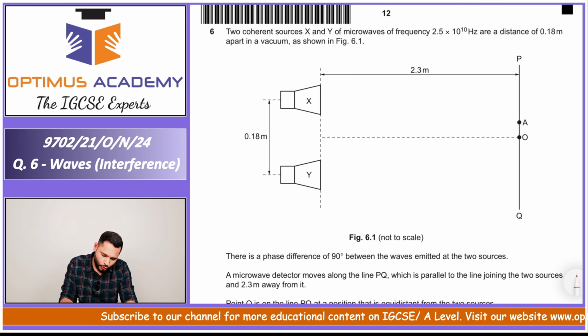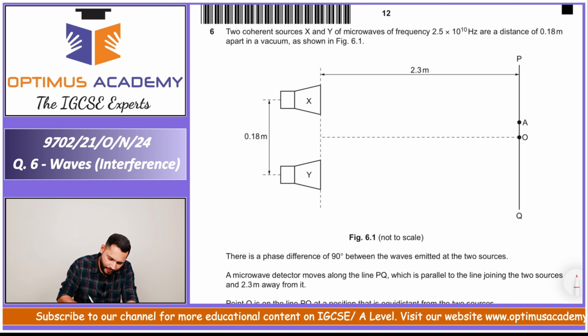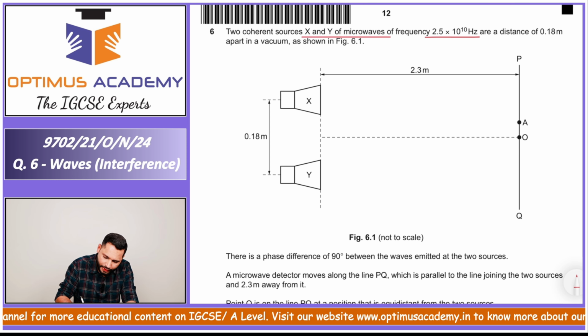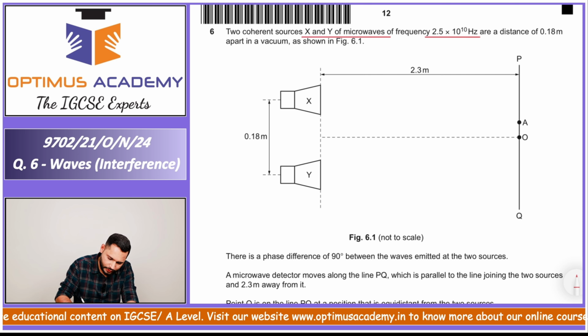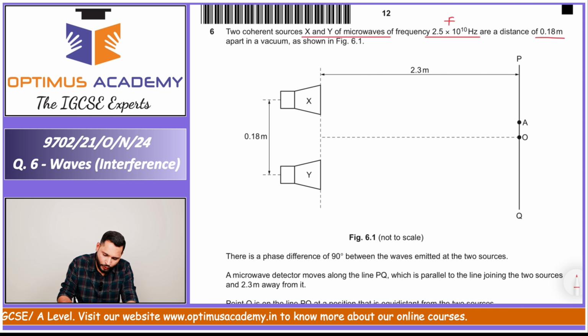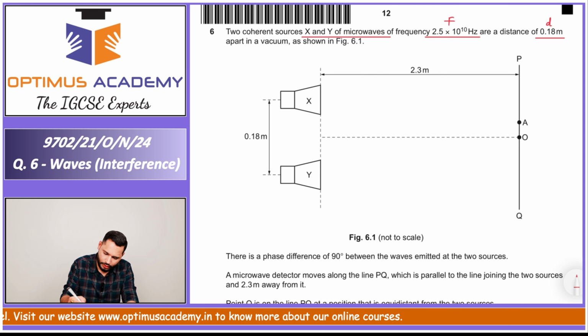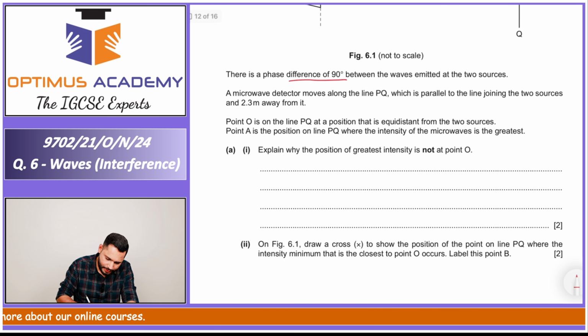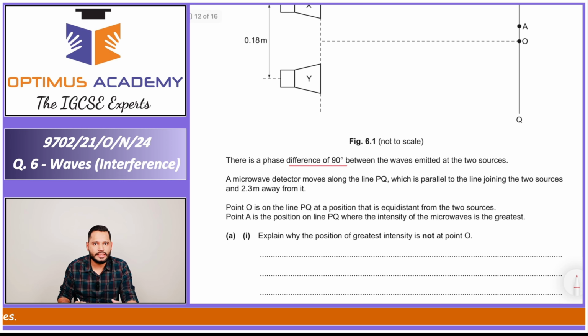They are saying 2 coherent sources X and Y of microwave of frequency 2.5 into 10 raised to 10 hertz are at distance of 0.18 meter apart in a vacuum as shown in figure 6.1. There is a phase difference of 90 degrees between the waves emitted at the two sources. Now understand what this phase difference 90 means. It means that